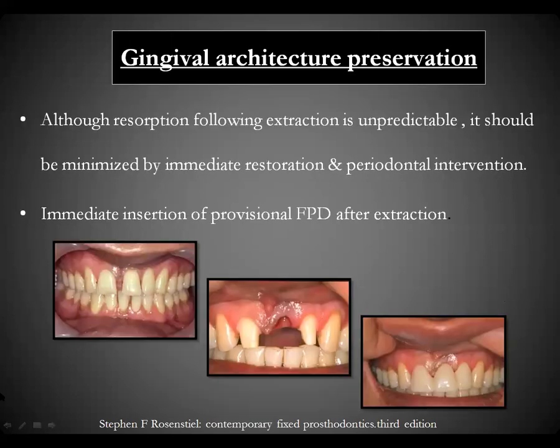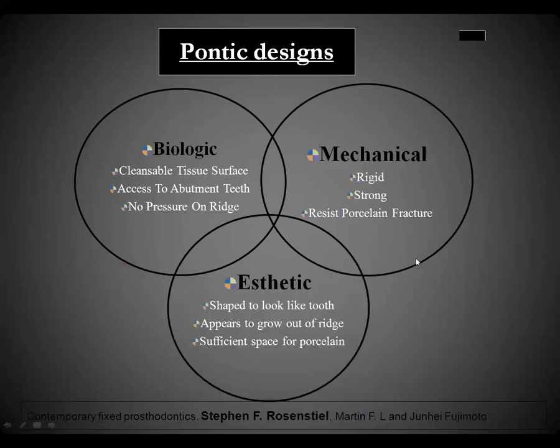The third main criterion for the preservation of the architecture is that after the extraction of the tooth, we can go for bone augmentation if it is required for maintaining the periodontal structure, or for restoring immediate function also. We can place a tooth immediately after the extraction so that the gingival architecture can be preserved in such a way that we have natural looking aesthetics.